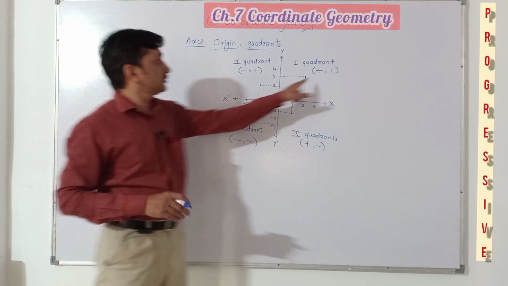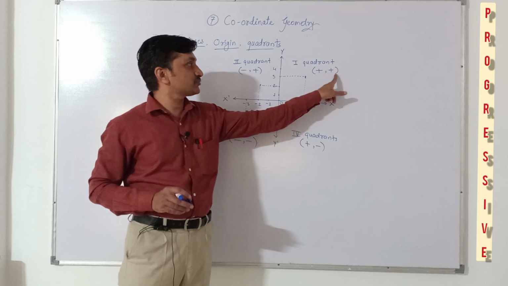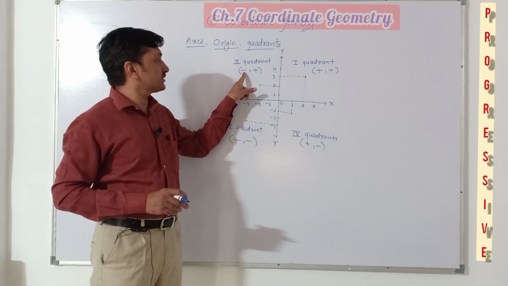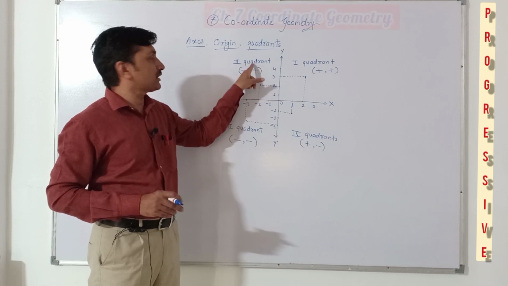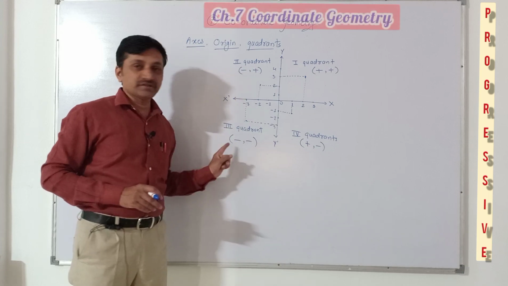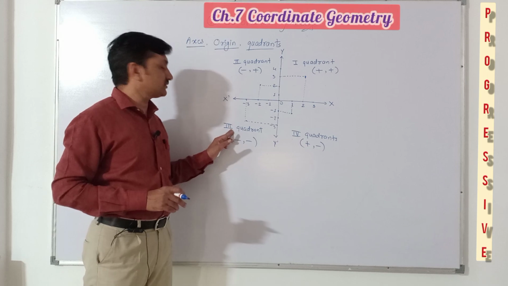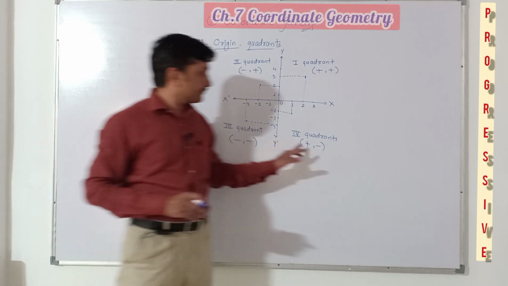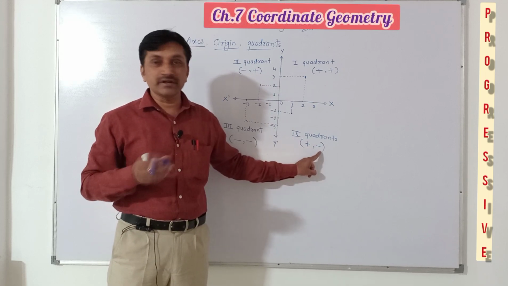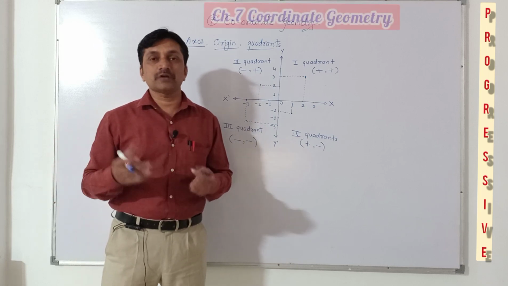Again I repeat here, if both coordinates, x coordinate is positive and y coordinate is positive, then point lies in first quadrant. If x coordinate is negative and y coordinate is positive, then point lies in second quadrant. Third, if both the coordinates, x coordinate and y coordinate, are negative, then that point lies in third quadrant. And last, if x coordinate is positive and y coordinate is negative, then that point lies in fourth quadrant. Now let's start practice set